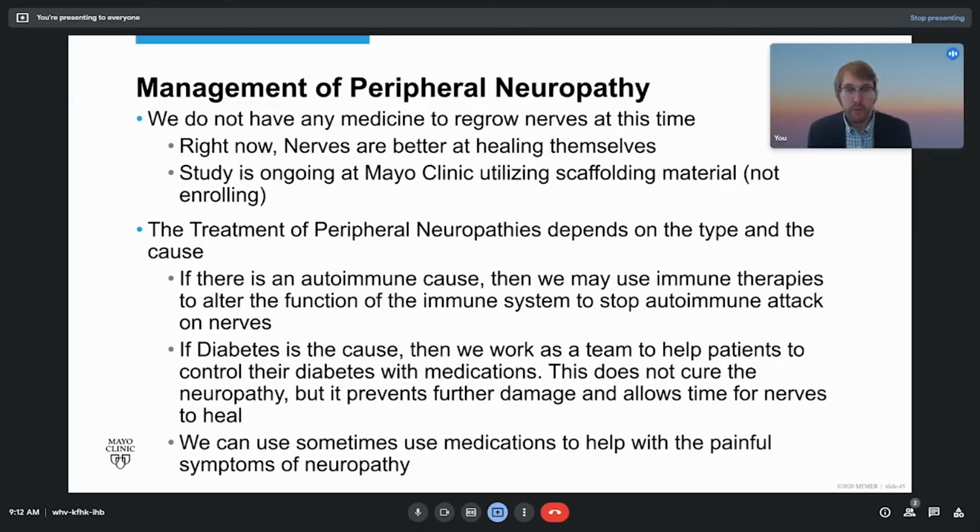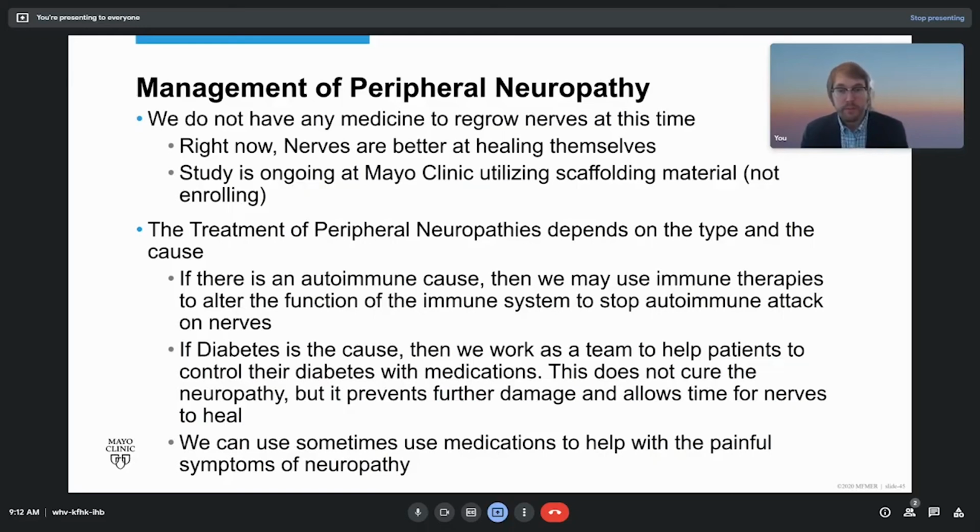The treatment of peripheral neuropathies otherwise depends on the type of the neuropathy and what is causing the neuropathy. If there is an autoimmune cause, then we may use immune therapies to alter the function of the immune system to stop the attack on nerves. If diabetes is the cause, then we work as a team to help patients control their diabetes with medications. This, of course, does not cure the neuropathy, but it would hopefully prevent further damage, and it would allow time